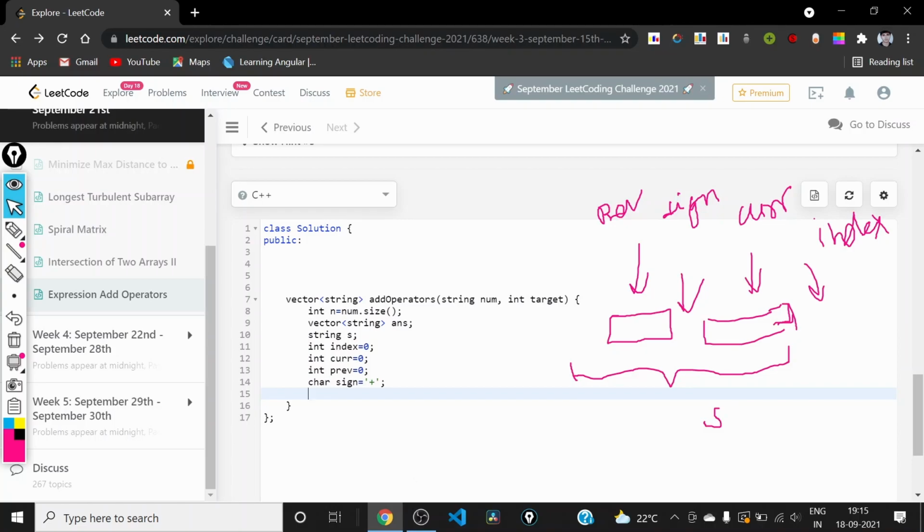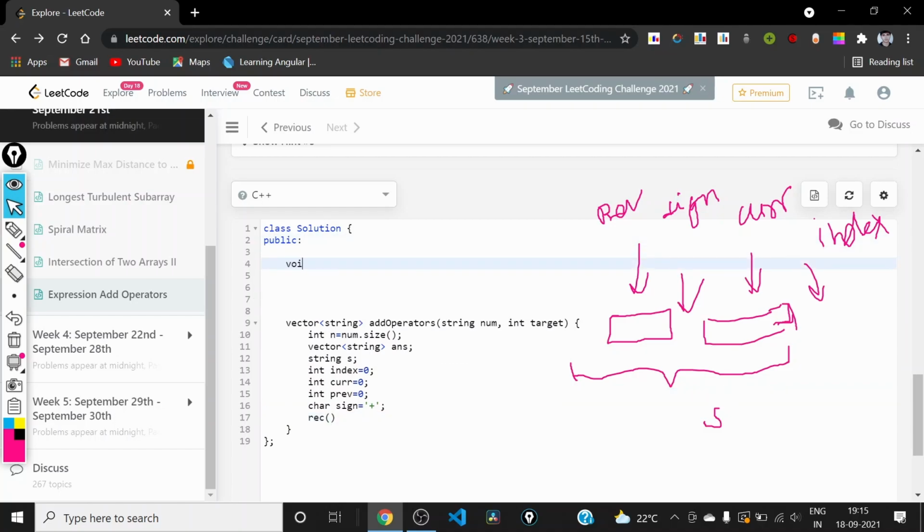So I will declare a recursive function. It will be a void function, and the first thing it will be taking will be the index. The second thing it will be taking will be the int n, and another thing that it will be taking will be a string num, so that we can get the digit at a particular place.